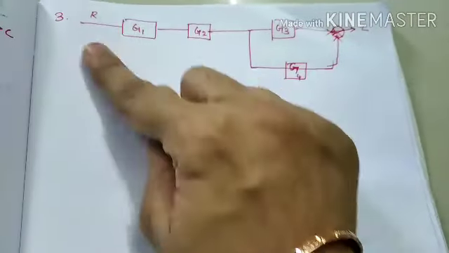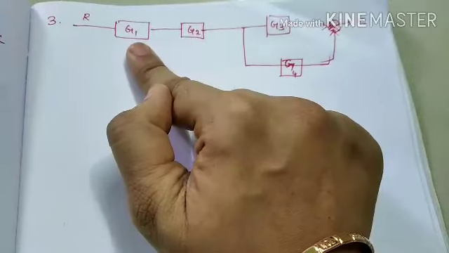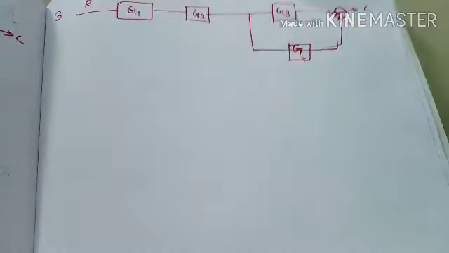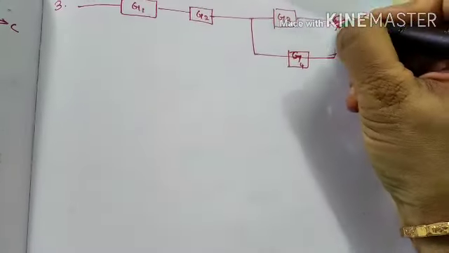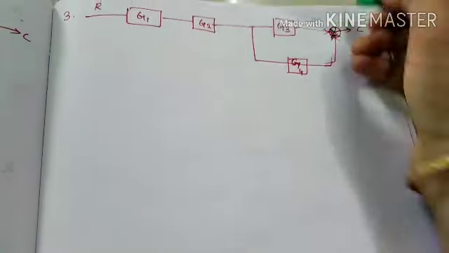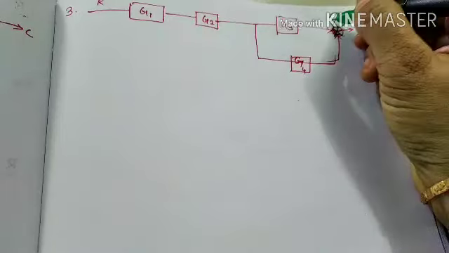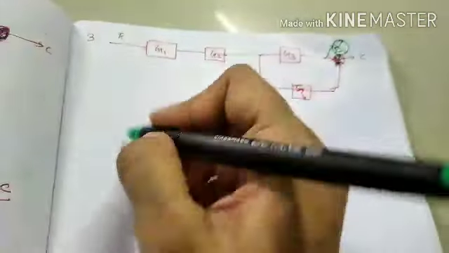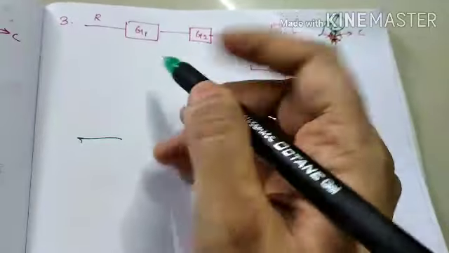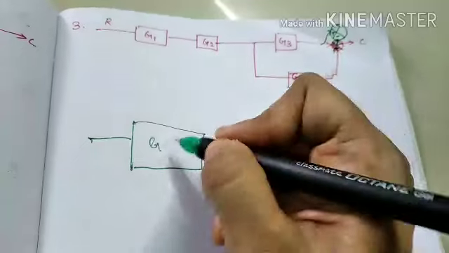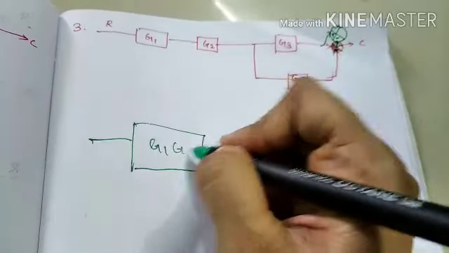See, now let us say these two blocks are in series and these two blocks are in parallel. So what is the rule for series? See, in order to explain you, I have considered this as negative sign. I am replacing the summer again. Plus and minus. Okay. Now see, first I am replacing these two blocks with a single block. These two blocks are in series, right? So we have to multiply G1 into G2.